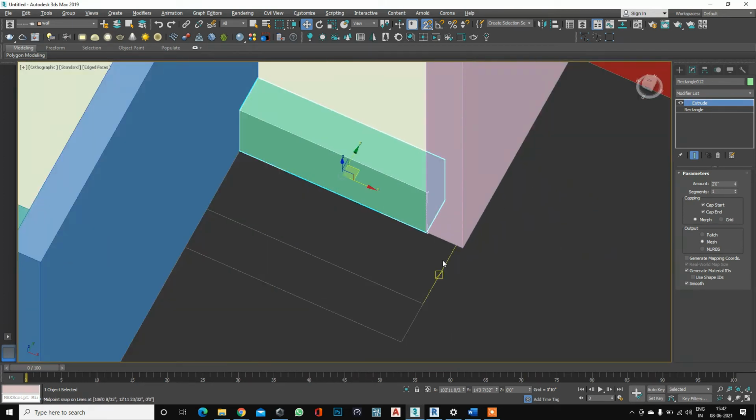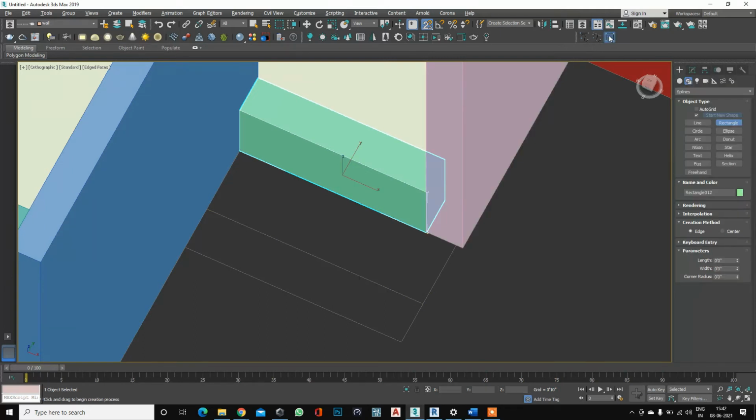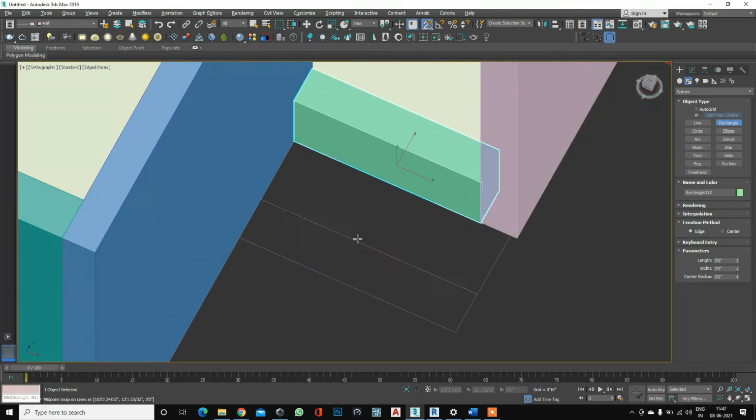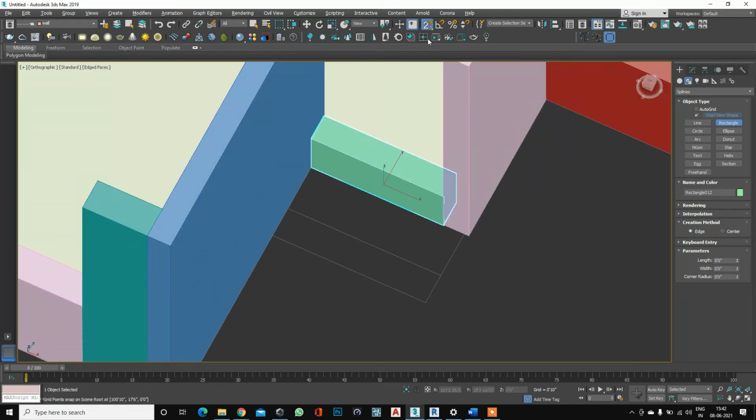Now let's create these 2 steps. You can see now I am directly working in 3D. If I want to work in 3D, I can select this as 3. Now I will delete this and let's try in 2.5.